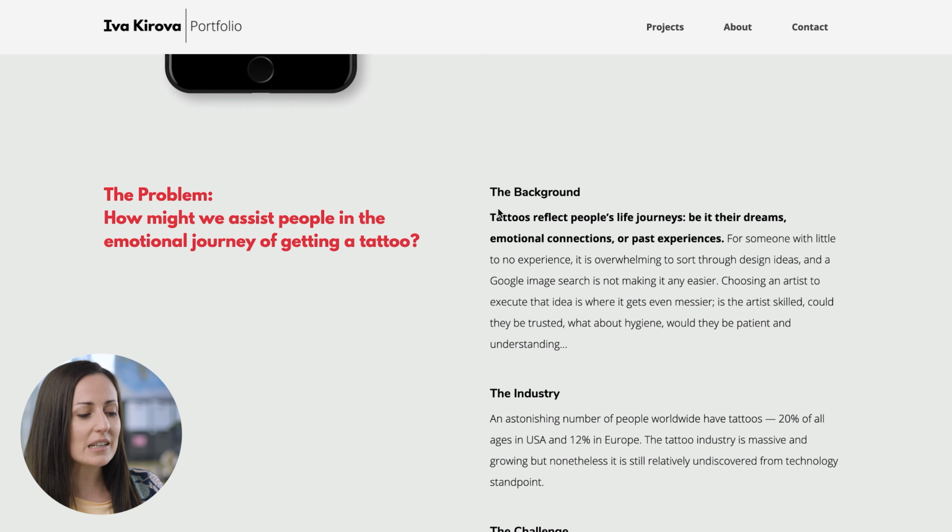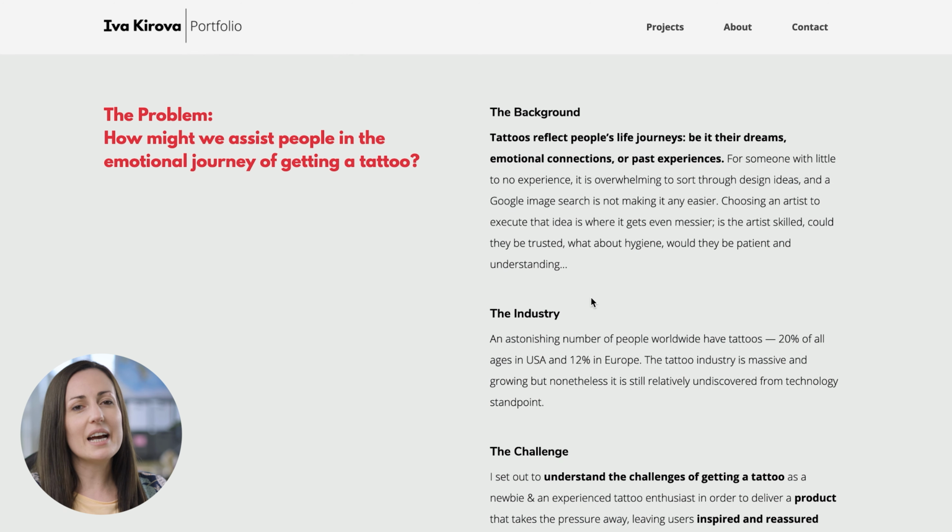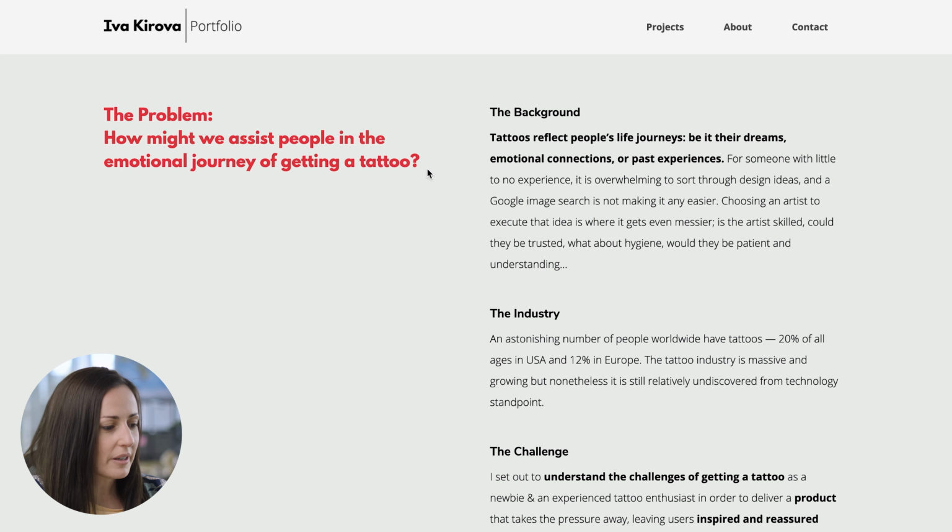because when we're confronted with lots and lots of text, we really want to find the relevant information quickly, and our eyes are searching for it. So these big highlighted headlines and bolded text here really help me scan quickly and decide whether or not I want to put this portfolio on the yes, let's investigate more, or yes, let's ask them for an interview pile. We're having a look here.